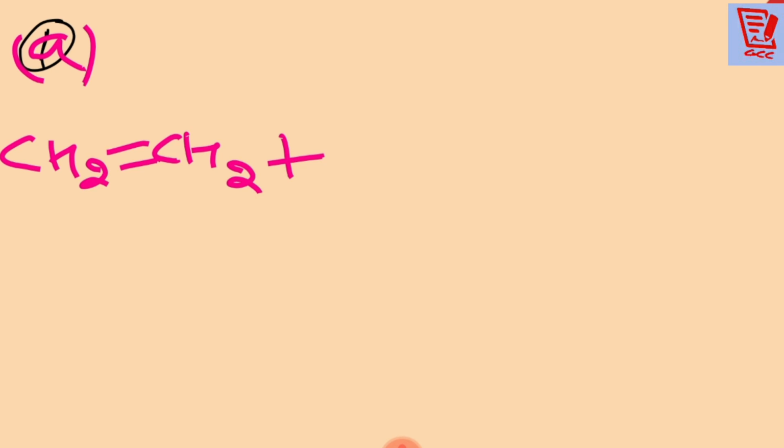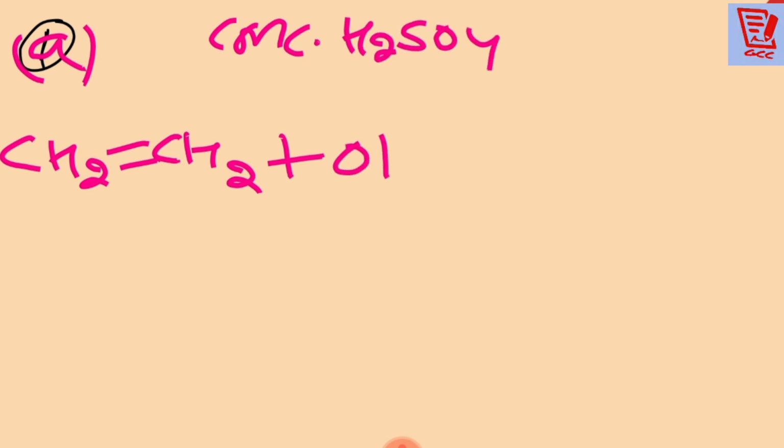Part A, as I told you, is the acid catalyzed hydration of the alkene. See all of you students, here I am writing a simple symmetrical alkene, and I am doing this reaction with concentrated H2SO4. It can be written this way also, SO2 and the OH. Okay, then what is going to happen over there?